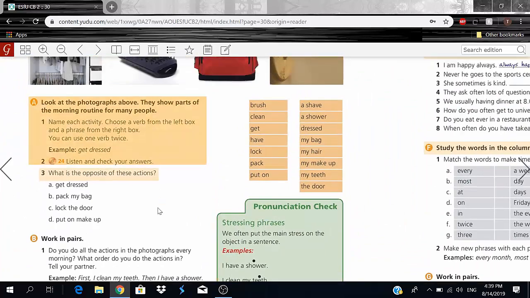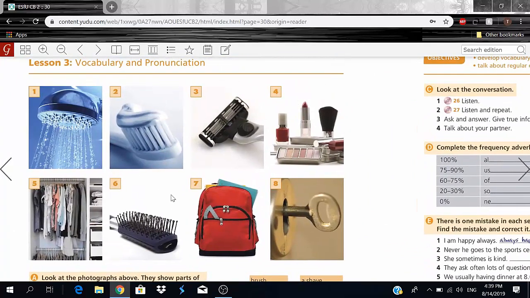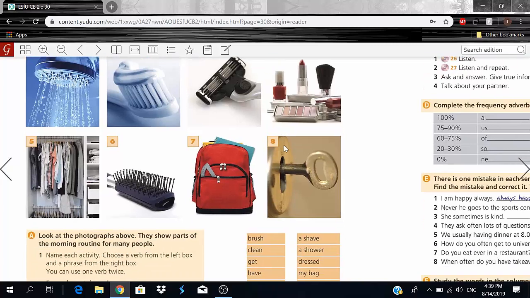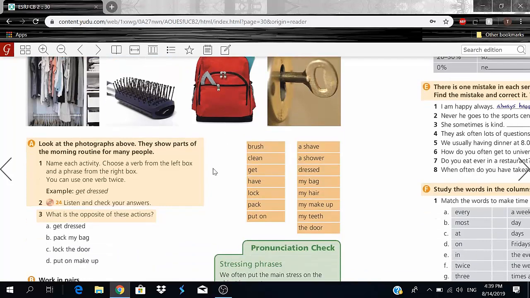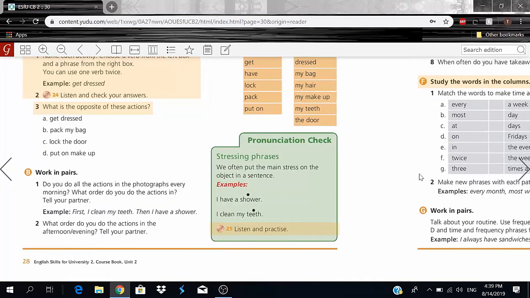Okay, so let's actually go again to the pictures. So for me personally, obviously everyone's going to be different, but for me personally, first I brush my teeth. Okay, first thing I do. I don't shave daily, so I'll probably skip that. So I'll say, firstly I brush my teeth, then I have a shower, right? Then I get dressed, then I comb my hair or brush my hair, then I pack my bag, and finally I leave or lock the door. Okay? Obviously, depending on your routine and what you do every morning, your answer will be different than mine. So now let's move on.